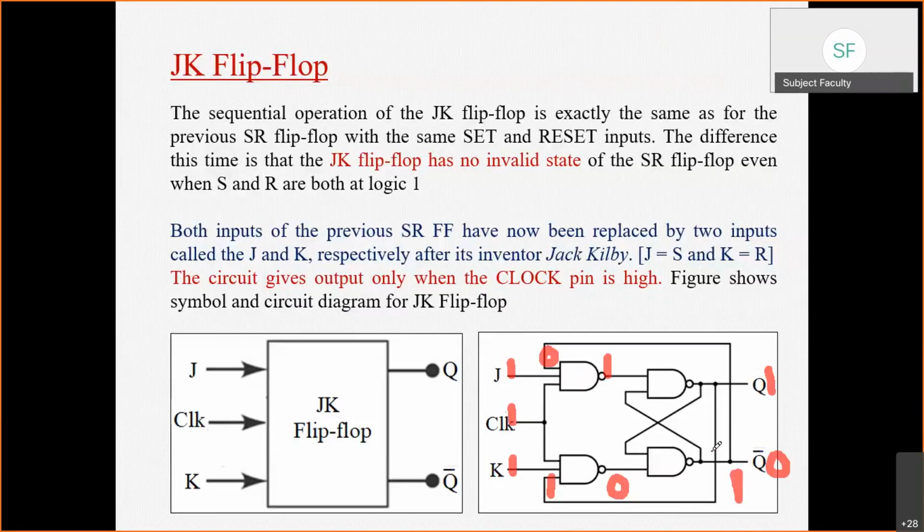So now this 1, if you observe this connection, is one of the inputs to the 2 input NAND gate. So for this NAND gate, what are the inputs? 1 and 1. So the output will be 0. Now just observe. Initially what we have assumed? The value of Q we have assumed as 1. But now it is changed from 1 to 0. Similarly, the value of Q bar is also changed from 0 to 1. So this is nothing but toggling.